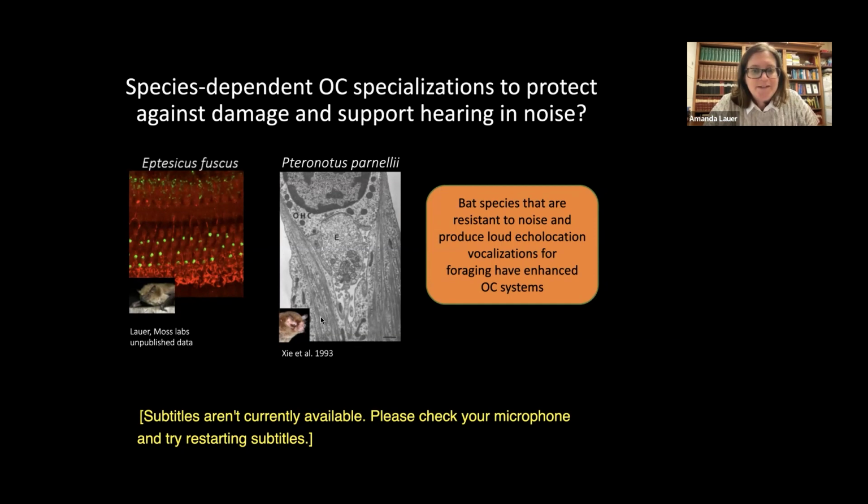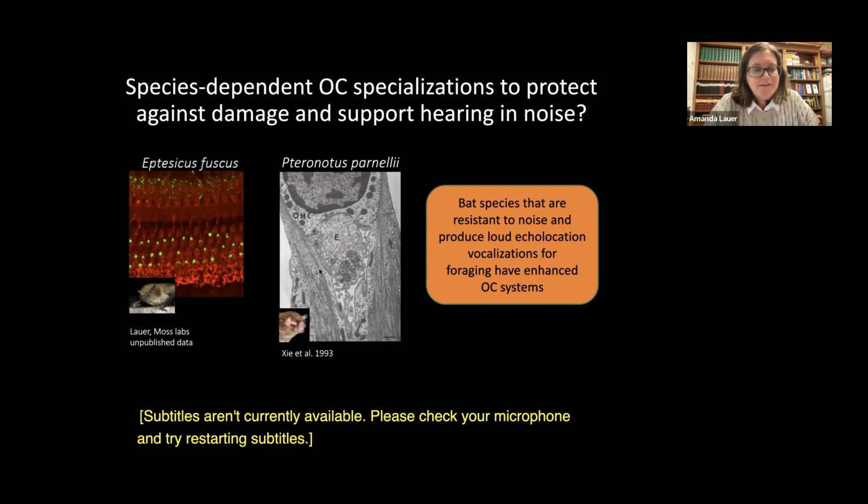And surprisingly, there's little information in the literature. There's one species of bat, the mustache bat. There's a little bit of data showing they have single, very, very large olivocochlear efferent neurons contacting the outer hair cells, and that they have a large number of efferent neurons based on their size and species. So there's one species that has this. There's another species that doesn't have any medial olivocochlear efferent neurons at all, only laterals.